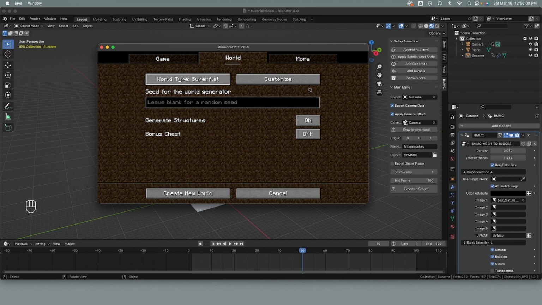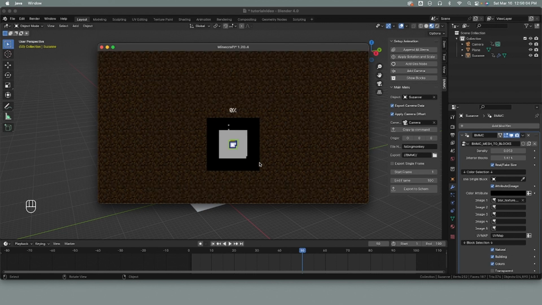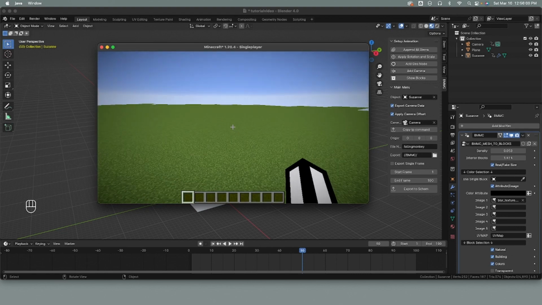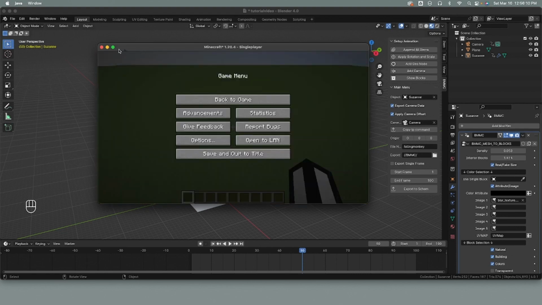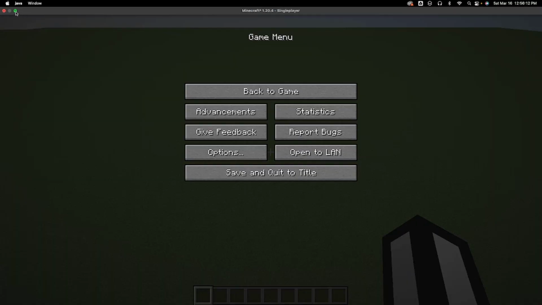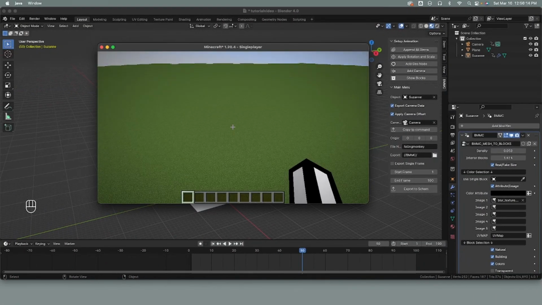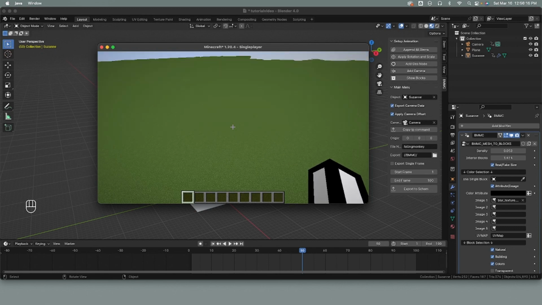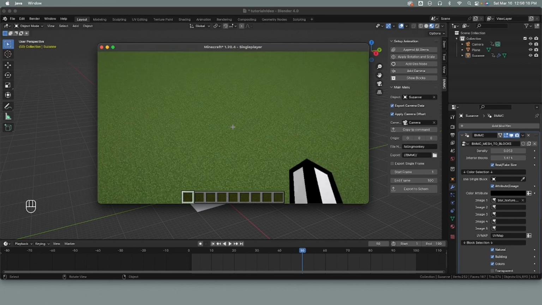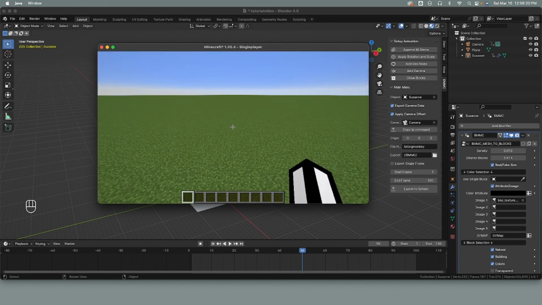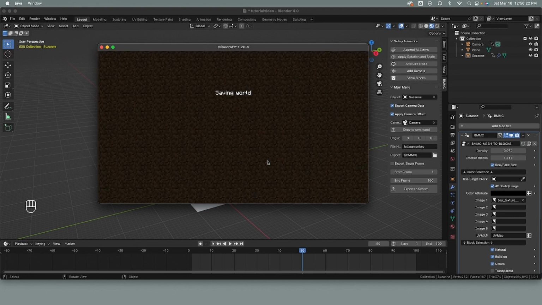I'm going to make it a super flat just so it's easy, and create new world. Alright, so now we're here in the super flat world, but we don't have everything set up. Right now it's just a regular flat world. So we need to add the data pack, and to do that, we'll go to